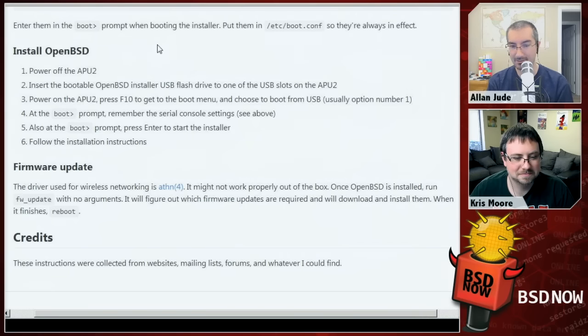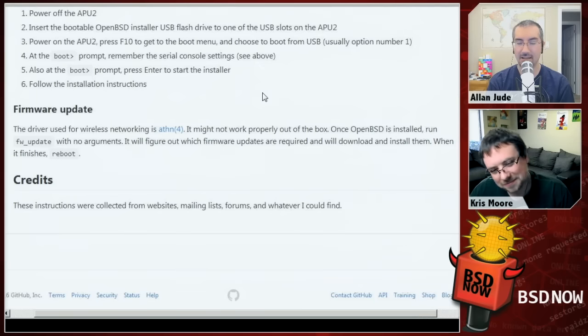So power off the APU2, insert the USB stick, power it on, press F10, choose USB. At the boot prompt, fix the serial settings, and then press enter to start the install, and then follow the regular OpenBSD install steps, which is just press enter a bunch of times, basically. Maybe answer some questions. And then once that's all done, when you boot it up,